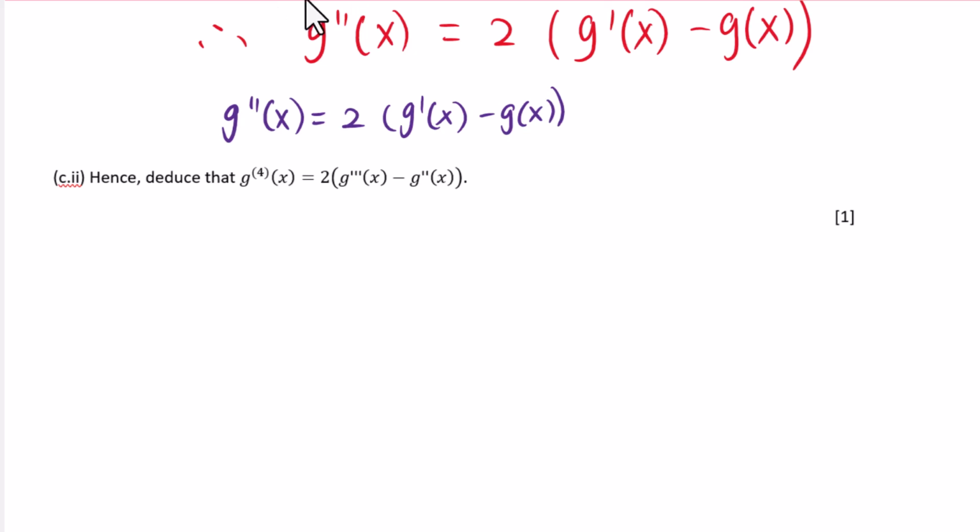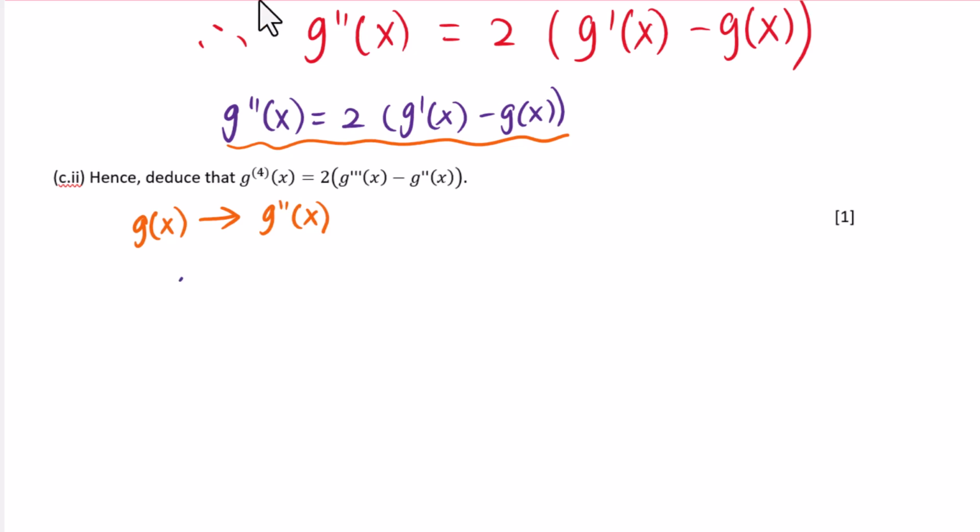You could say when we change g of x into g double prime of x,